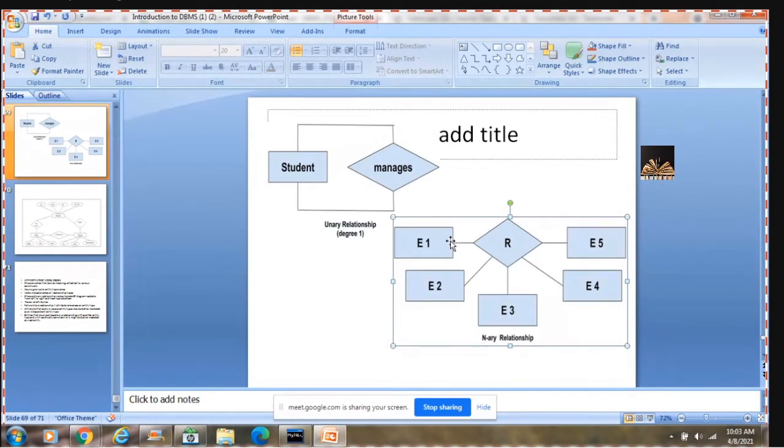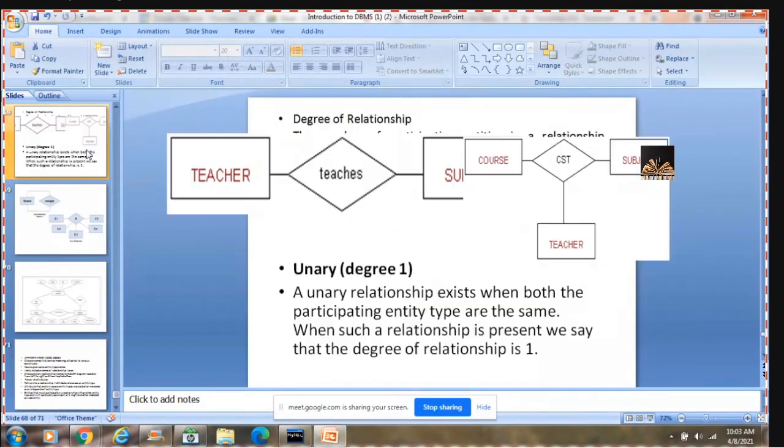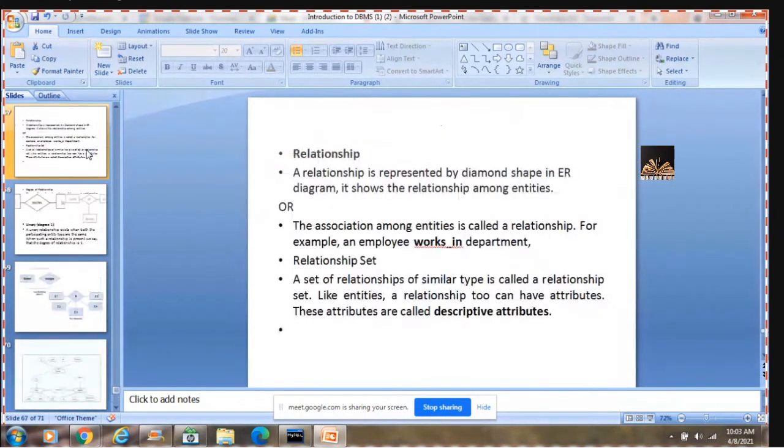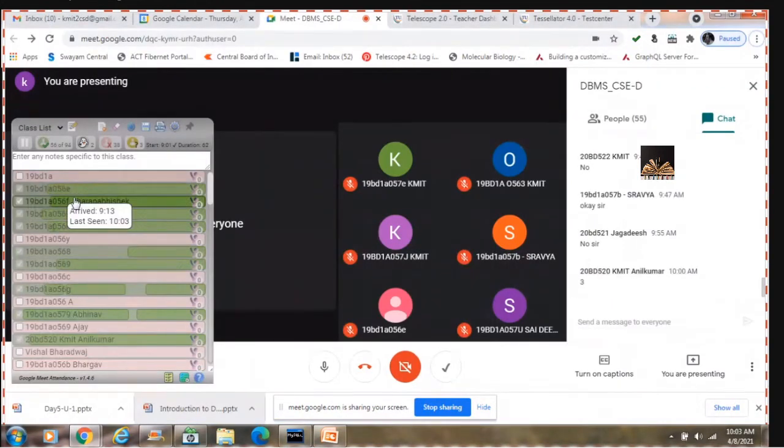Any questions you have, ma'am, with respect to this? Anil, what is 3? What do you mean by 3 over there?